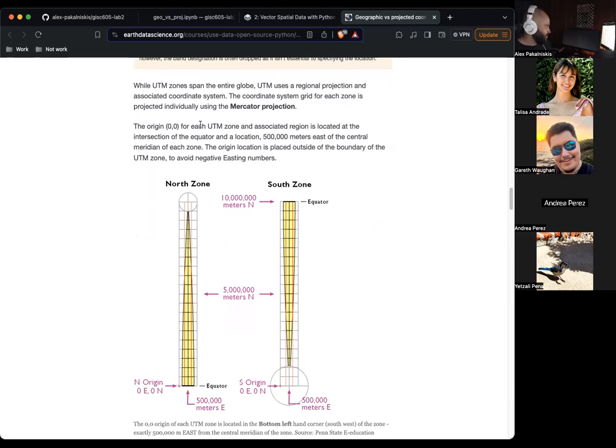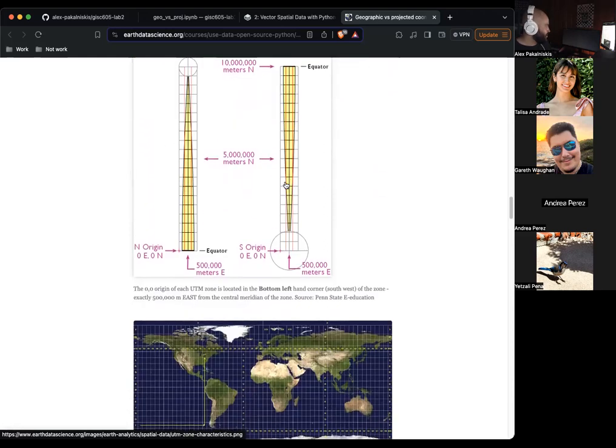So the origin for each UTM zone changes and it's located at the intersection of the equator and the location 500,000 meters east of the central meridian of each zone. It seems kind of arbitrary, but I think there's been a lot of math and thought put into that. Cool.